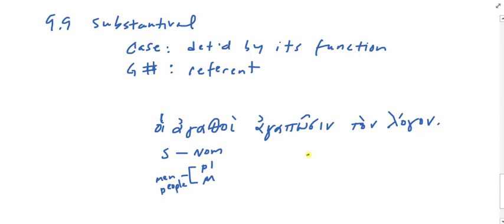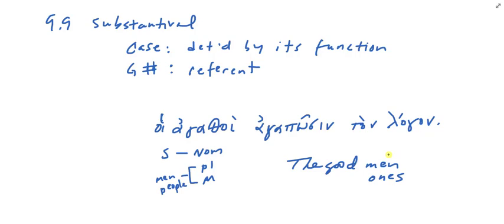I could add men. Okay, I could cast about for a clear referent in the context. That would help me. So I could say the good men. What might be another way to translate this? Yes, I could say the good ones. Now there, the word ones doesn't commit me to a gender, does it? But it does commit me to the plurality of the nominative plural form here. Good. And then if it's not men, but maybe angels or something, then I may want to clarify that. But in the context, that'll probably be abundantly clear.